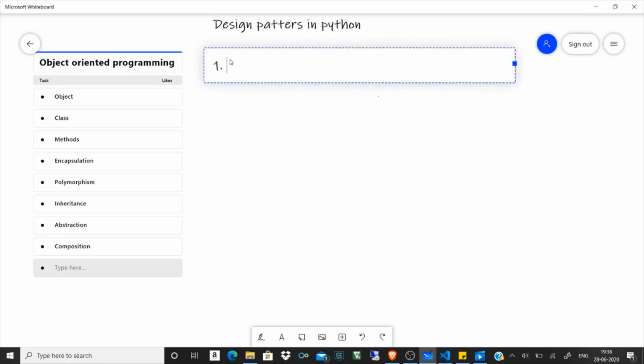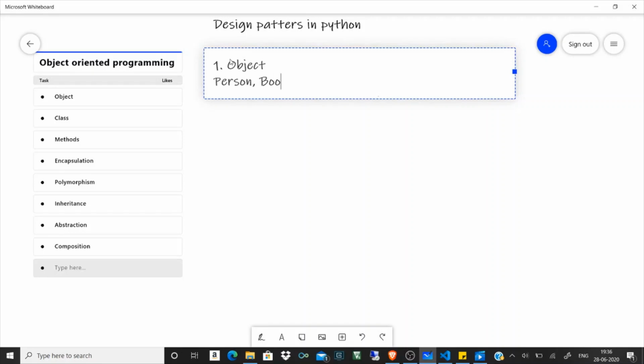Let's start with the object-oriented programming concept. First thing is object. In object-oriented programming, everything will be treated as an object. For example, person is an object, book, pen, computer, animal, etc. So in the object-oriented paradigm, everything will be treated as an object.